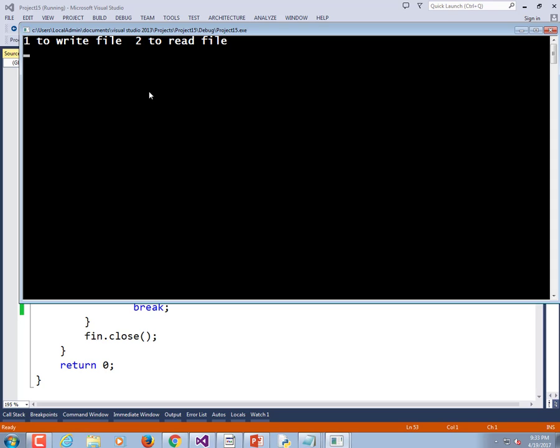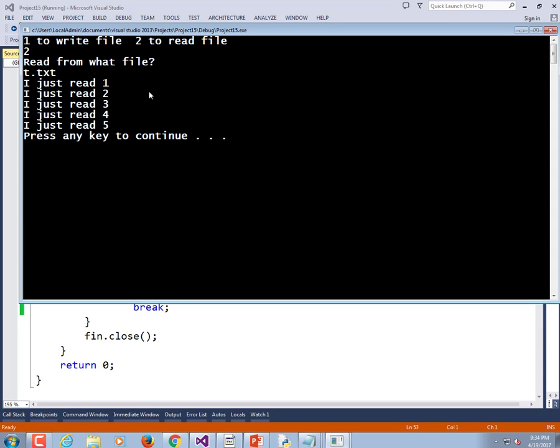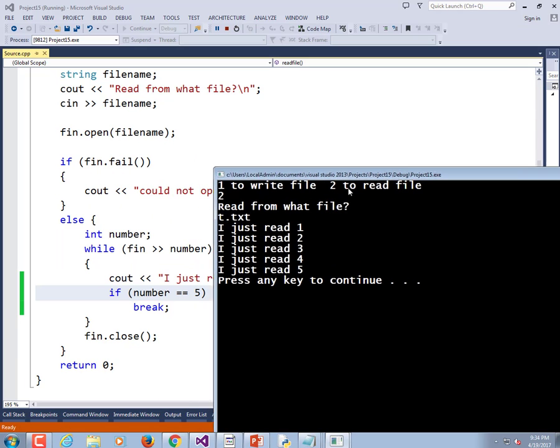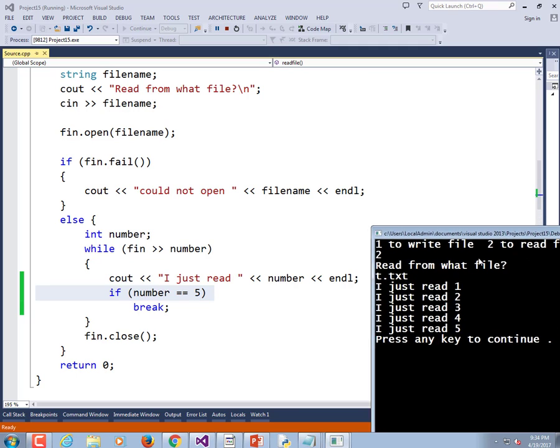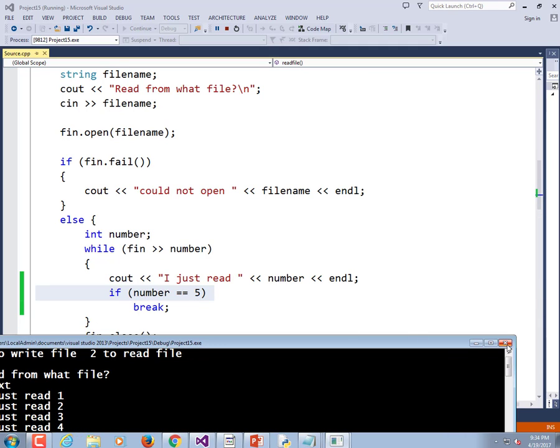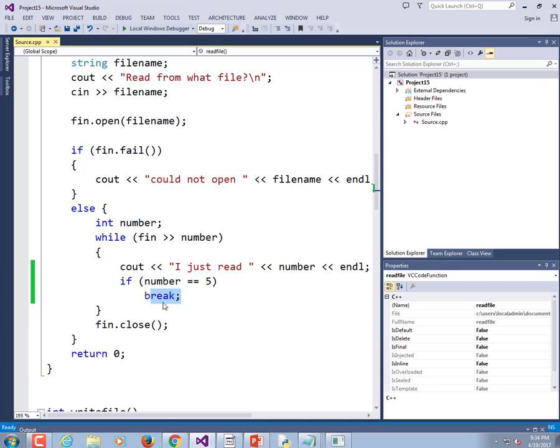And so now when I read my file, t.txt, it says reading 1, 2, 3, 4, 5, and it stops there. Previously, I had 10 numbers, I think. But since I put a break statement in the while loop, it caused it to leave it early. And you can do that inside of any kind of loop, a do loop, a for loop,